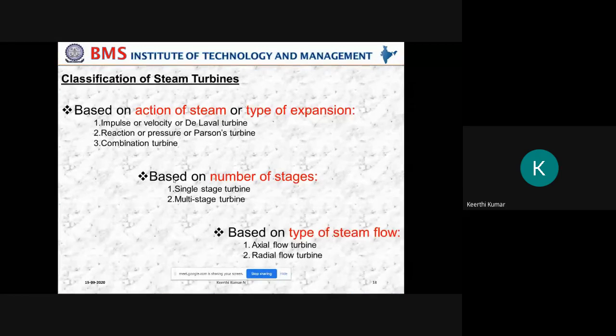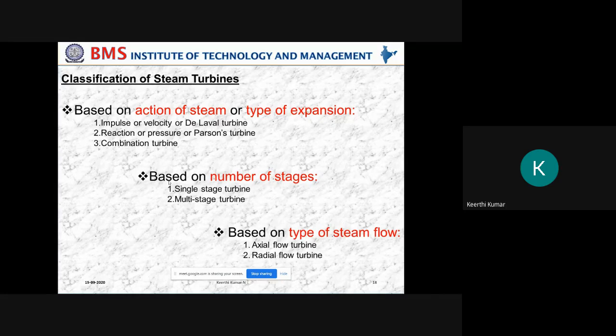So under the heading of action of the steam, these three are the types of turbines we are classifying. Next heading, based on the number of stages. This is simple, you can write by yourself. Single stage and multi-stage turbine. If we are having turbine blades of only one stage, then we are going to call it a single stage. Similarly, it may be more than one, that is 2, 3, 4, 5, 6, depending upon the velocity or pressure of the steam which is available at the inlet. If the pressure and velocity is very, very high, then we'll go for n number of stages. If it is less, we'll go for 2. If it is still less, we'll go for single stage. So based on the available pressure and velocity at the inlet of the turbine, we are going to take multi-stage or single stage turbine.